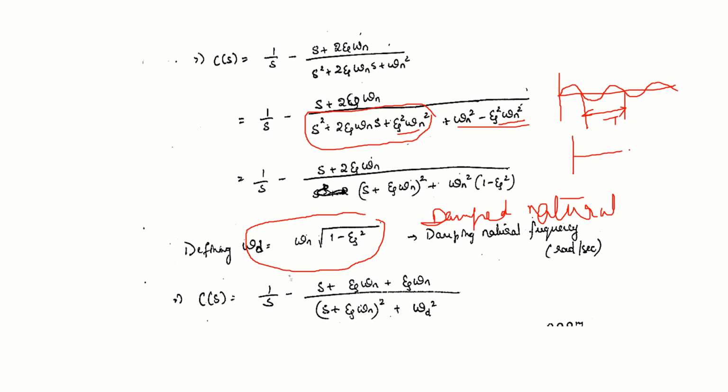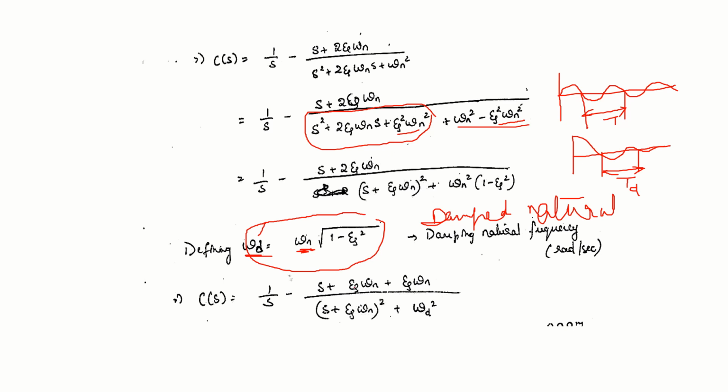So here, if there is damping, it will just die down like this. So now this frequency is the damped natural frequency. This I can call the time period TD. So I'll represent this by omega d. Please know the relationship between damped natural frequency and natural frequency. Now s plus zeta omega n whole square, this becomes now omega d square. So it is in the form s plus a whole square plus b squared.